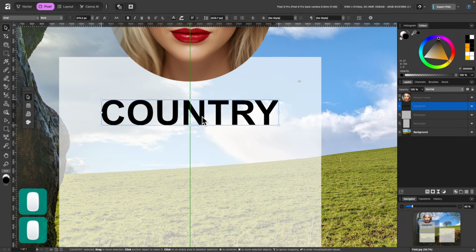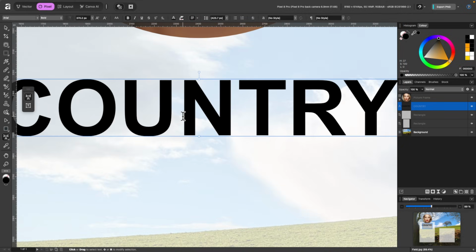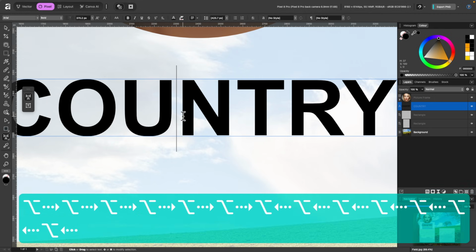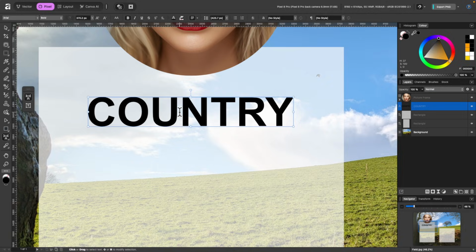So I can position this wherever I want, and if I feel like the spacing is a little bit off, I could just tap once in there. And if you want to know how to kern a little bit, just hold down Option or Alt on the keyboard and press the left arrow key or the right arrow key, so you can play around with that. Also, we can customize this further by converting it to curves.